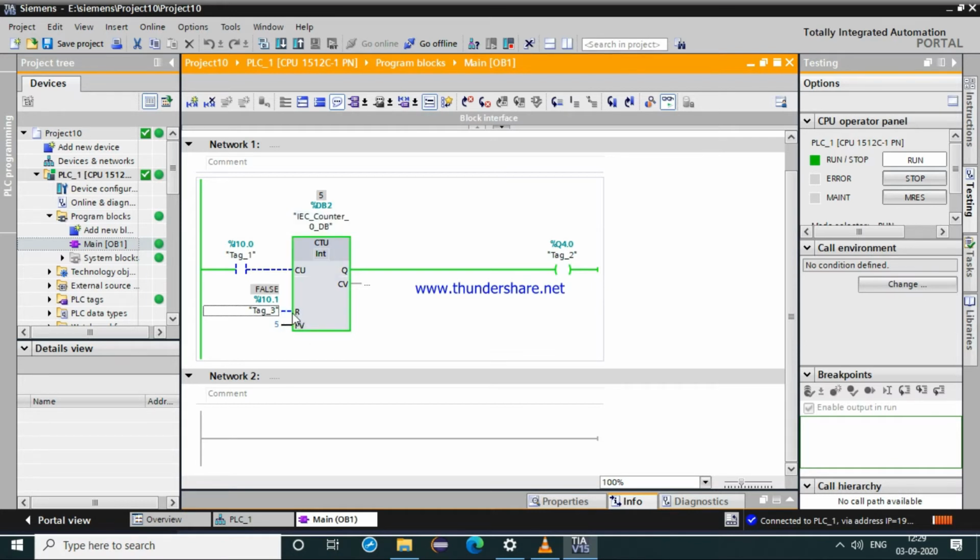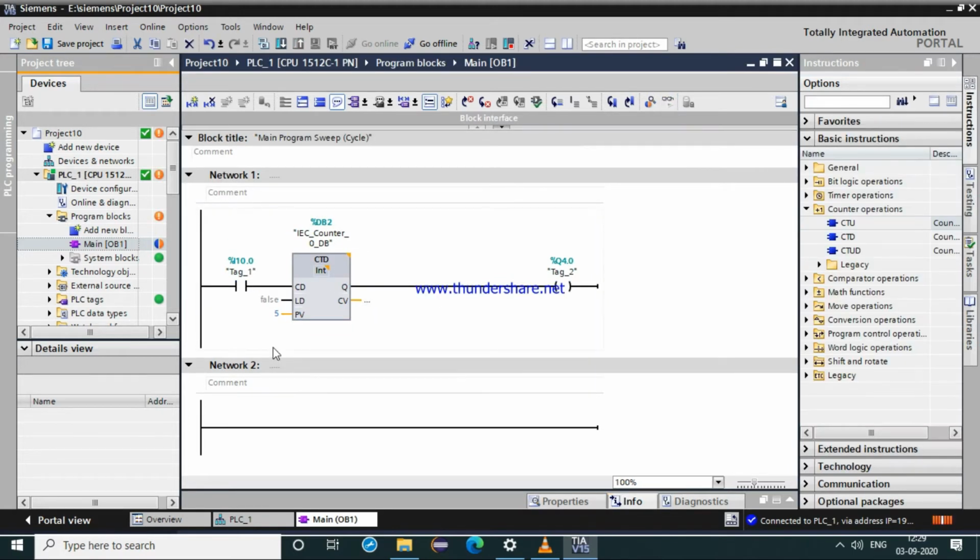In order to reset this value, we have given our 10.1, that is if you want to turn off this output, we will use our 10.1 and reset this counter back to 0. So this is the function of our up counter. Next one we will see is our down counter. The same thing.